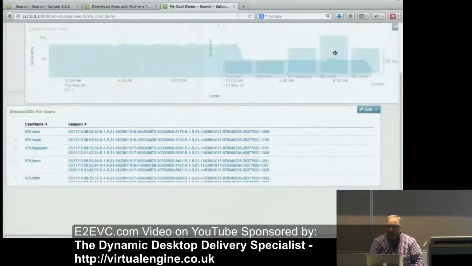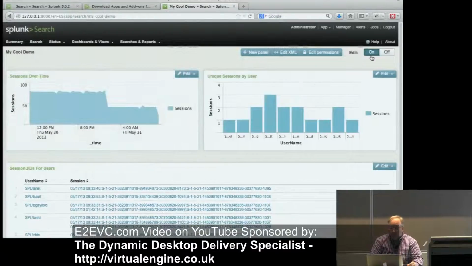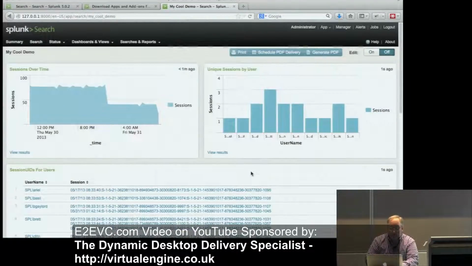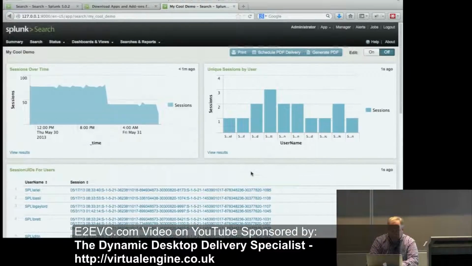And now, export this to a file that you can reuse at another customer? Oh, so this is cool. So this is the dashboard. This is the XML.